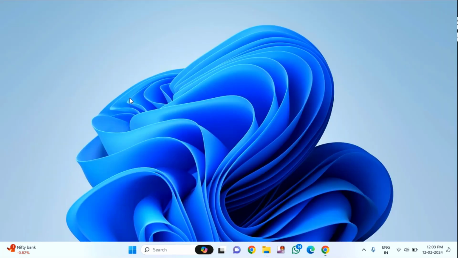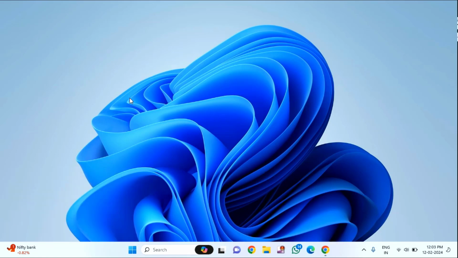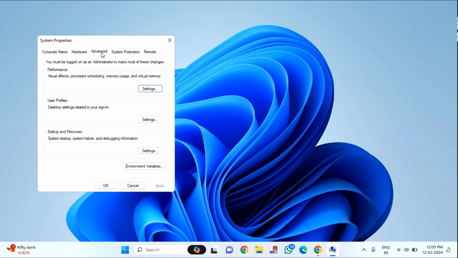After that, third method is you just need to press Windows R again, then type sysdm.cpl, then hit enter. In this, click on the system. Here you can see performance. Click on the settings,